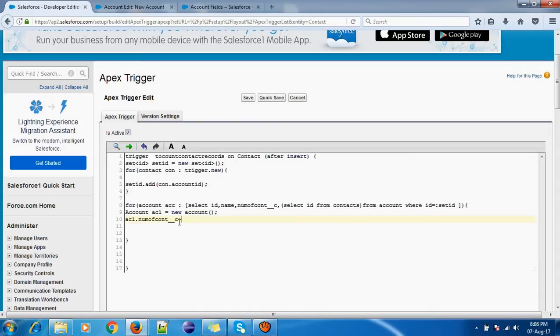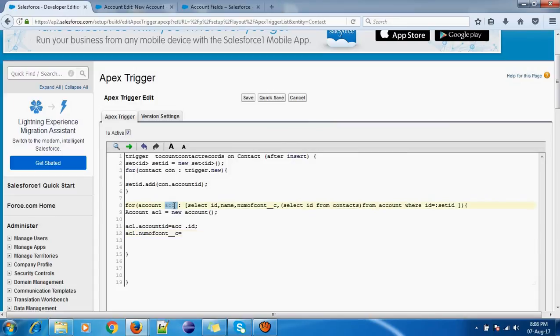No, before that what we have to check? Before that we have to check whether the IDs are matching or not. AC1 dot account ID should be equal to, we are traversing using this ACC dot ID. So if this condition is matching, then AC1 dot number of cont should be equal to ACC.